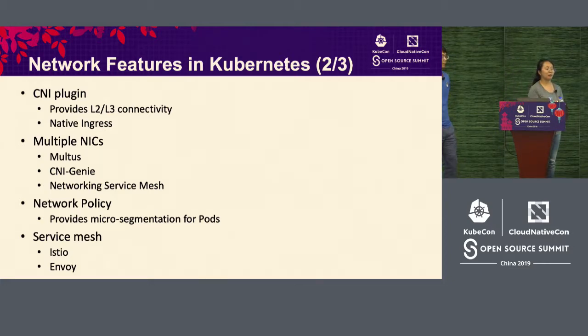The first one, which I think you're familiar with, is the CNI plugin. It is a kind of Kubernetes add-on, including Flannel, Calico, and Multus, and also CNI-Genie, which can be seen as a kind of CNI add-on. The CNI plugin actually provides layer 2 and layer 3 connectivity. Many CNI plugins can provide native ingress, so you can define the ingress by yourself natively, and the CNI plugin is going to point your ingress to the endpoint,